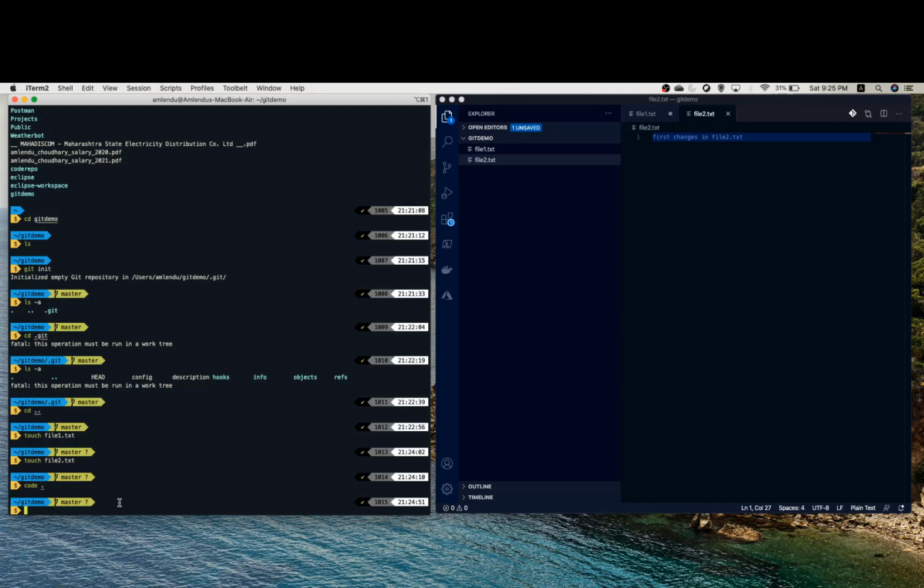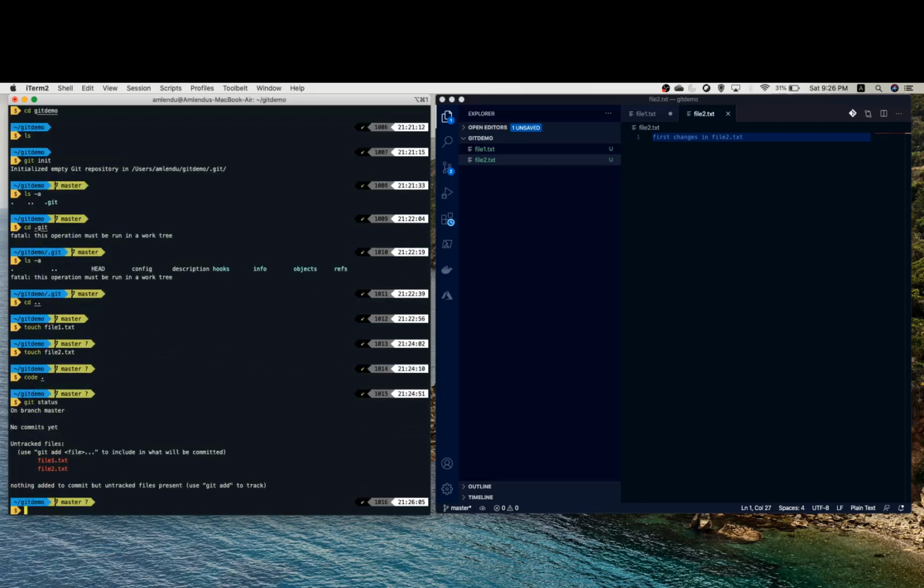Now I will look at the current state of these two files. There is a command git status which gives me the current status of these two files. As you can see, these two files are untracked, which means that Git knows that there are two files, but it is not tracking them. There is no versioning, there is no staging, nothing like that.